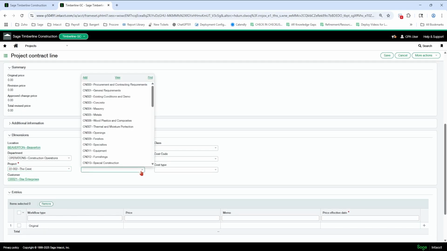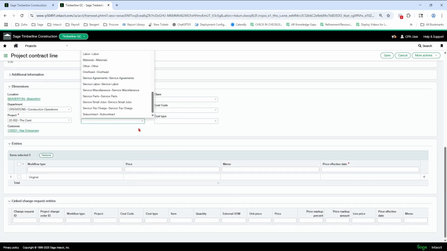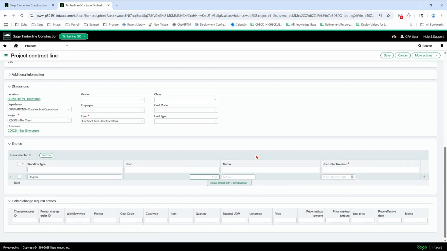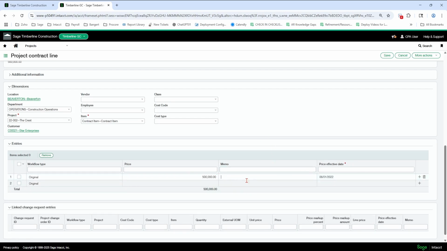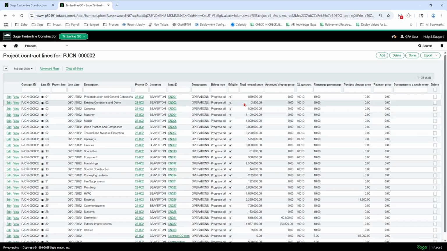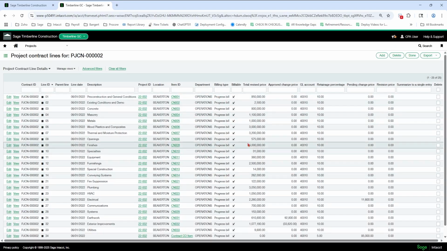Pick our project, and pick contract item, if you remember. And let's say the estimated fee is $500,000. Okay. Hit save. Now, progress bill, if you remember, does not have any rate tables on it, so no fees in here anyway.